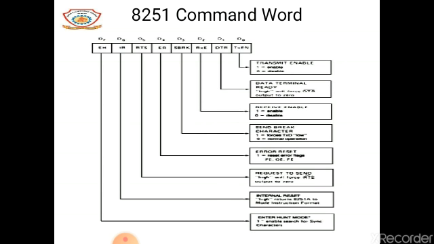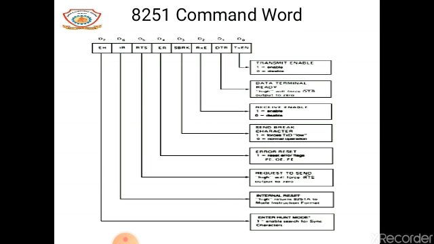In the same way we can see the command word. So the command word register is of 8 bit, D0, D1, D2, D3, D4, D5, D6, D7. As we can see, first we see the D0, this is TXEN, that means transmit enable. If we give 1 to this bit position D0 then it is enabled, and if we give 0 then this is disabled. At bit position D1, DTR, data terminal ready. When it is high, it will force DTR, and if it's 0 then output to 0.